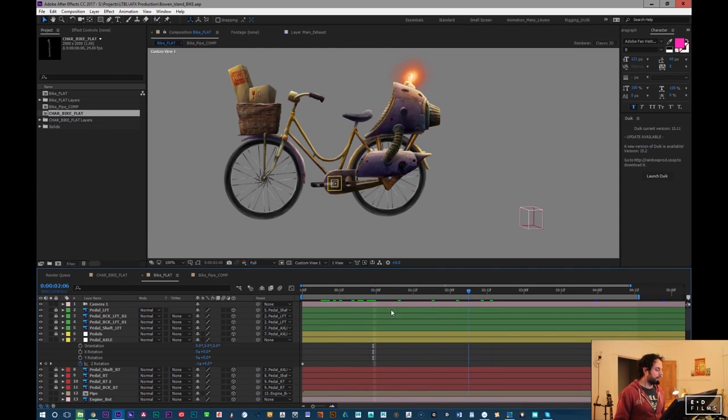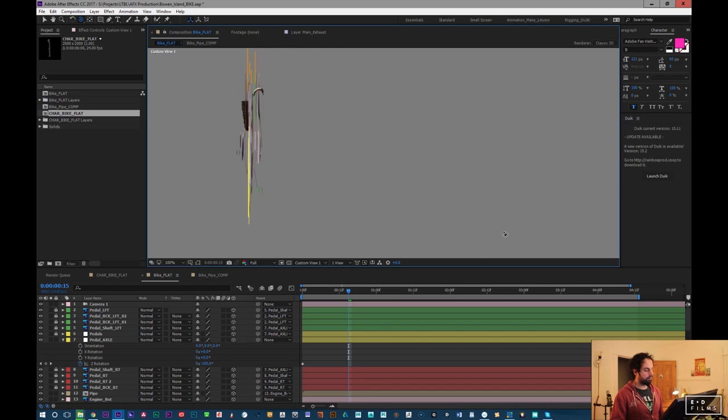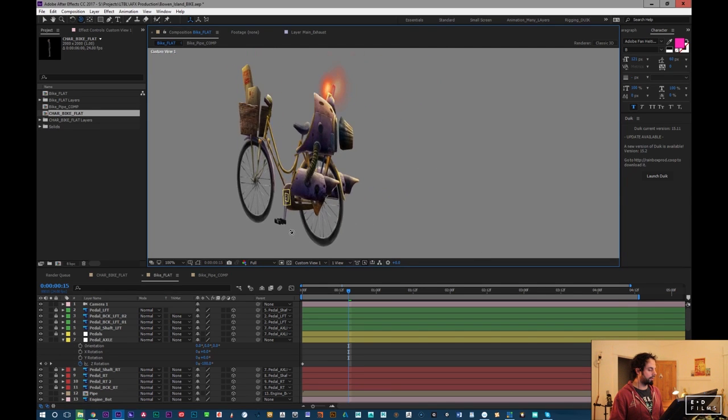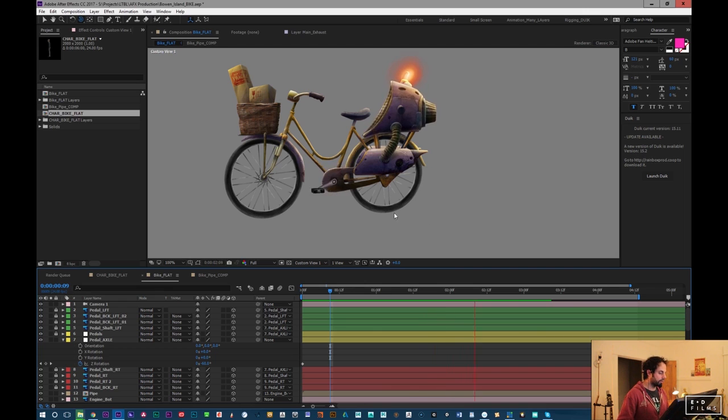So far what we've done is we've rigged up the pedals and we've made the bike a bit 3D looking for a bit of parallax effect and a bit of depth. And we've started giving some animation to the little back engine piece. As you can see, it's wiggling around. So if you're curious about that, you can check out the previous stream, but we're going to continue on this